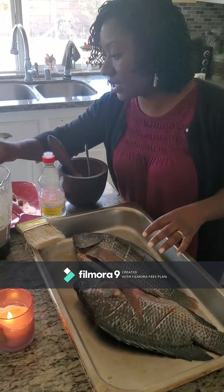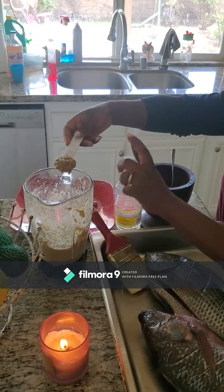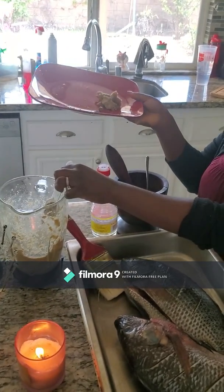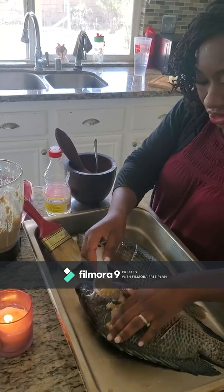And then the next step is, these are all the spices that I blended. I have them in the blender because this is also an important step. This is half of the jangsang which I showed you before. I'm going to grill it and then add this to it and blend it again to make the sauce. So here now, we're just going to...